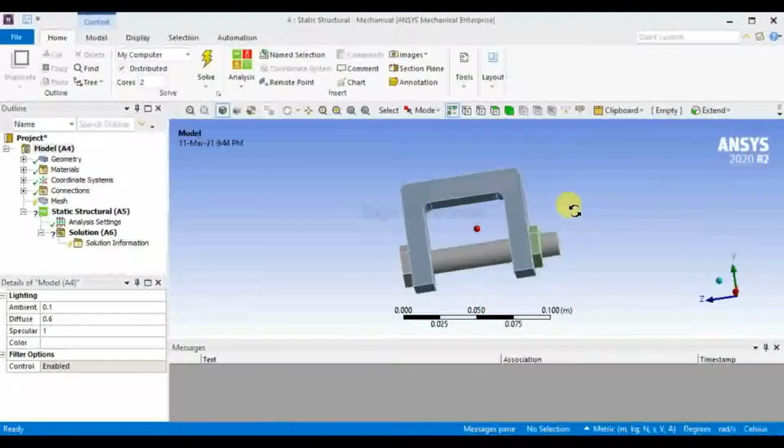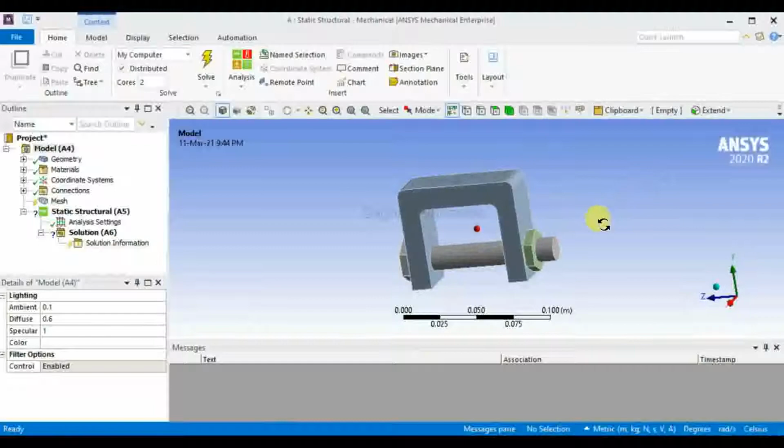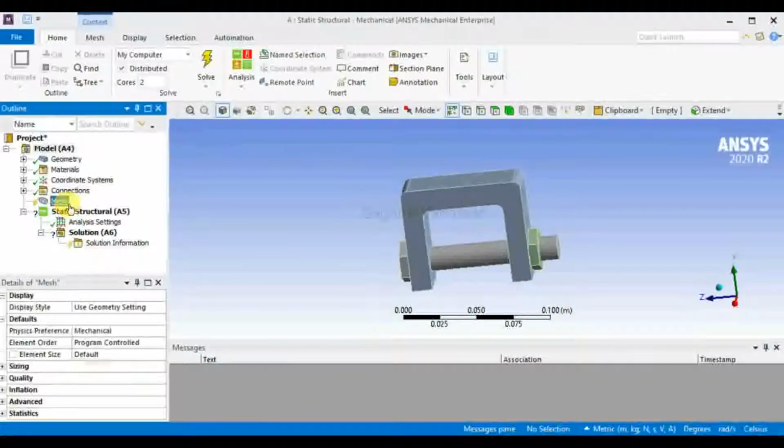So I am going to perform various analysis on it regarding the bolt pretension. Firstly, check that all the corrections we have done are up to date. It shows the green tick near the different types of projects we have done. So I am going to continue with meshing my object. So just click mesh.